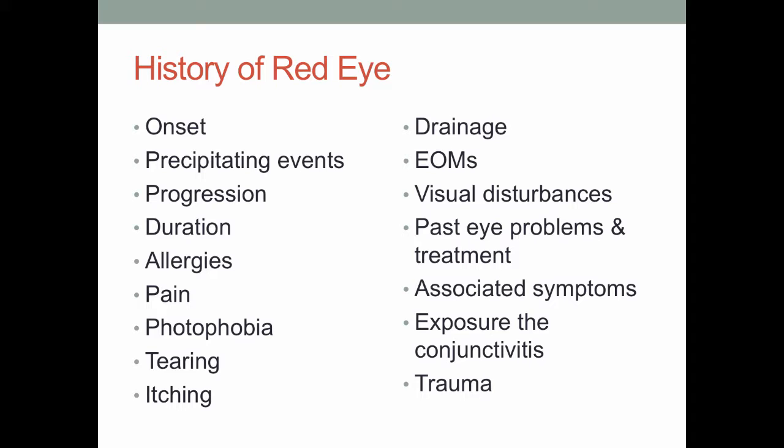Has there been any sensitivity to light, or any drainage or tearing, any extraocular eye movements, or sensitivity with moving his eyes, any visual disturbances, past eye problems and treatment, any associated symptoms,